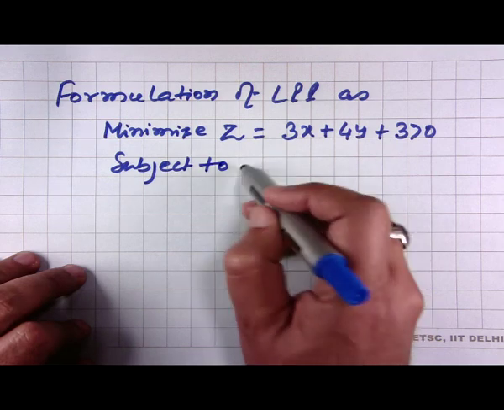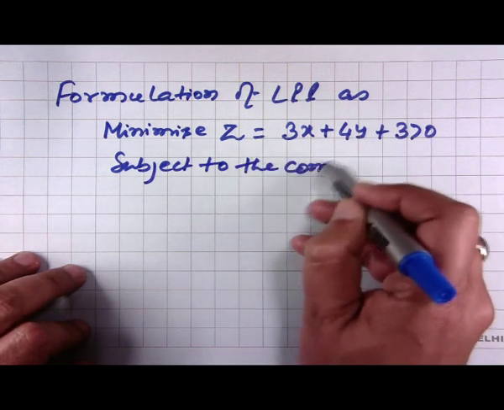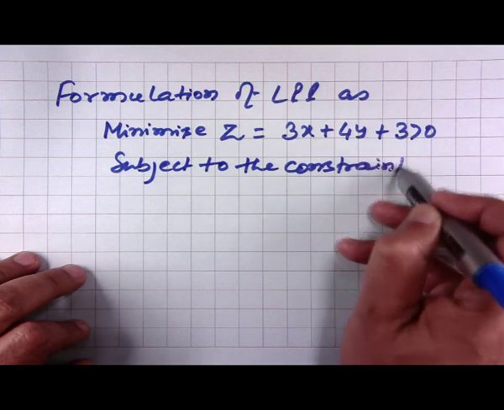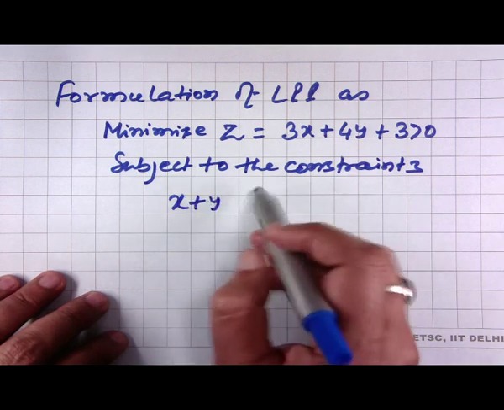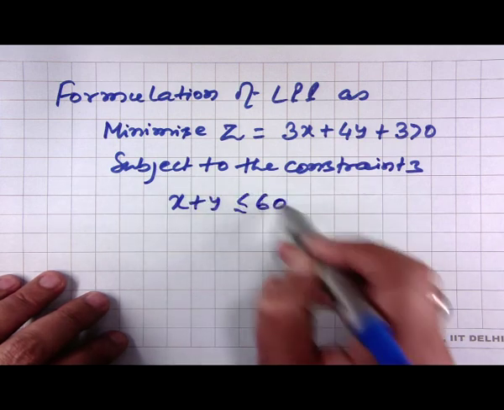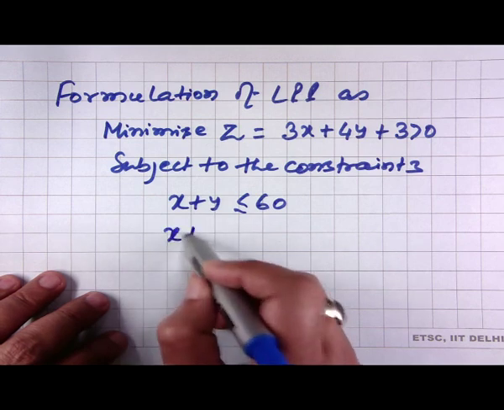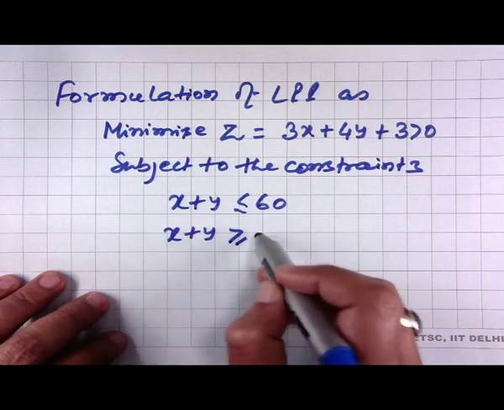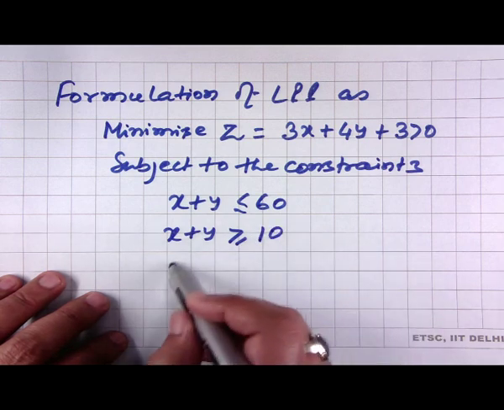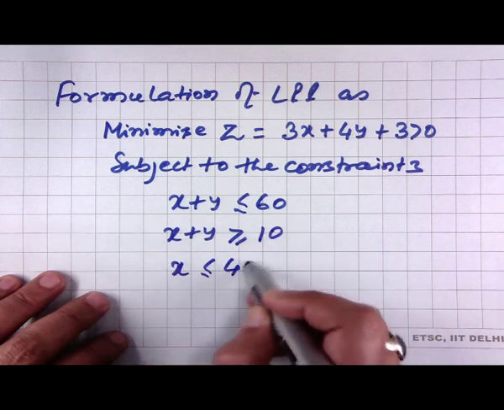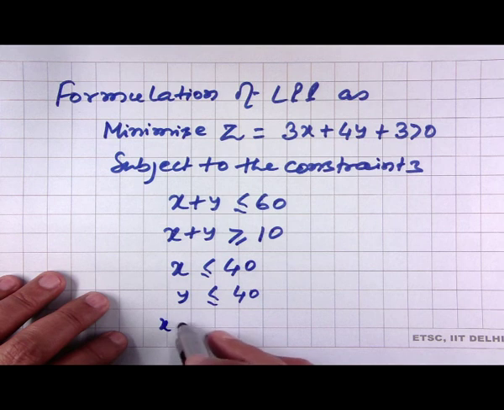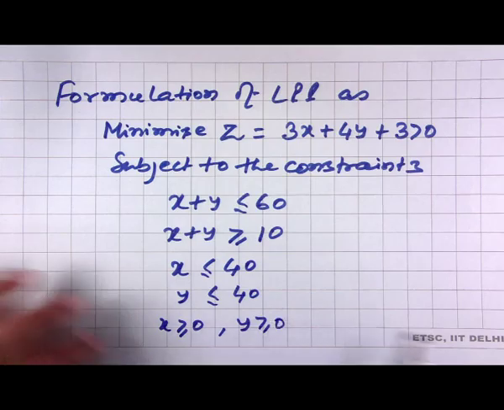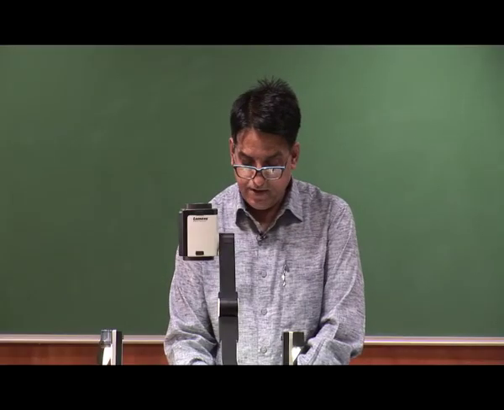subject to the constraints: x plus y less than equal to 60, x plus y greater than equal to 10, x less than equal to 40, y less than equal to 40, x greater than equal to 0, y greater than equal to 0. So we have linear constraints